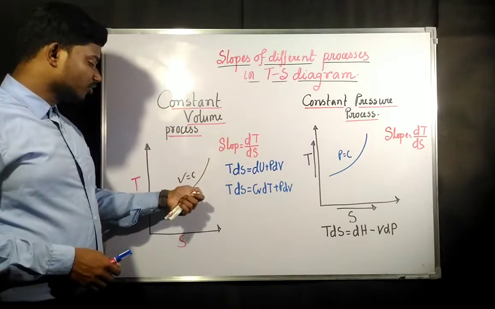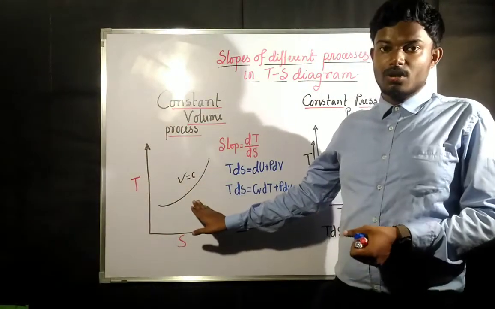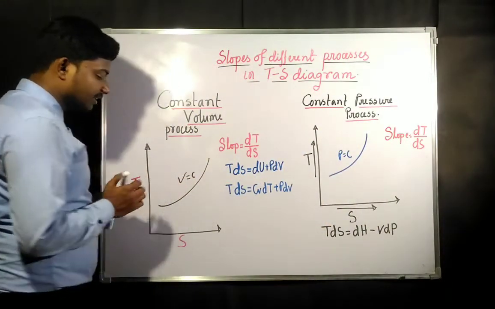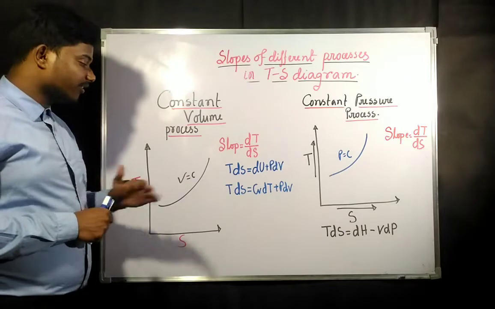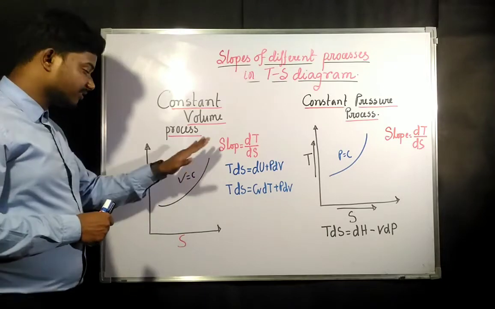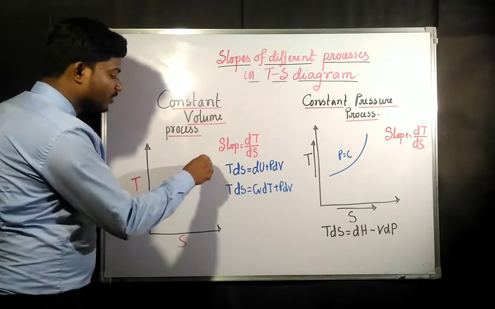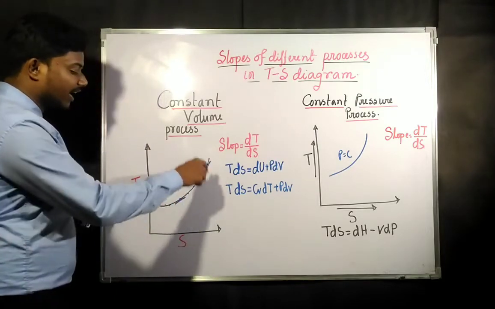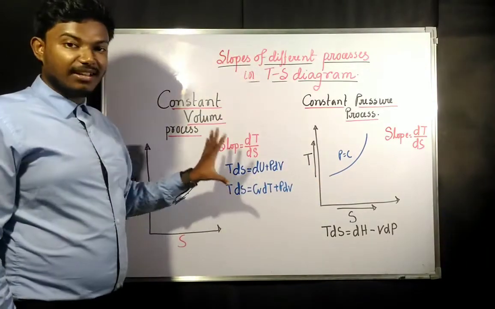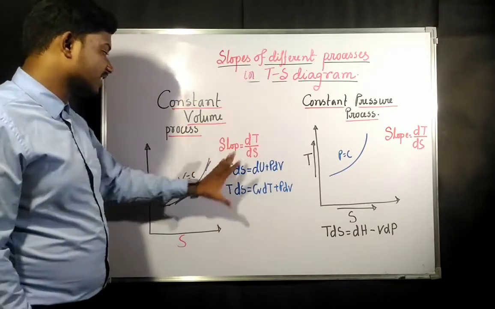Since it is a constant volume process, whether it will be a straight line or a curved line, we do not know. So we are randomly drawing a line. In the previous two cases we drew a straight line and measured the angle. But since it is a curved line, at each and every point it forms a different tangent, so the angle at different points is going to be different. So we have to generalize this case in the form of slope.